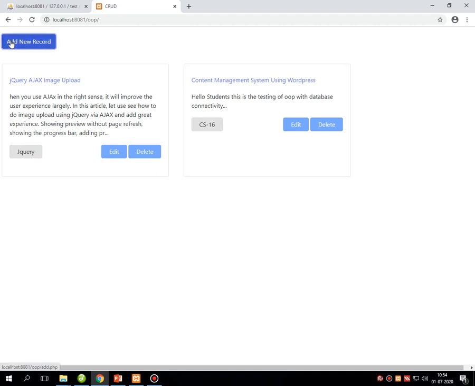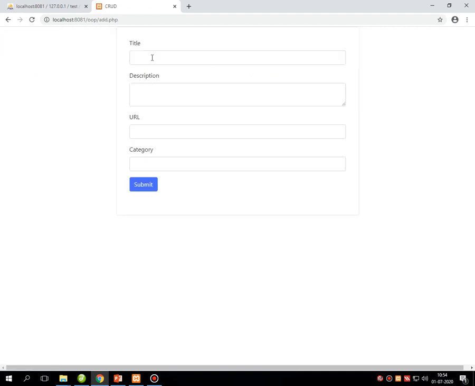Suppose now I am inserting a new record. It's a blank page where I am writing programming in C, we will learn about the concept of programming in C. No need to give the URL.